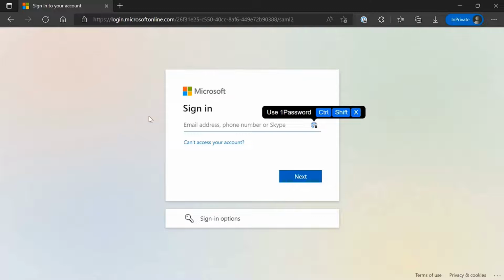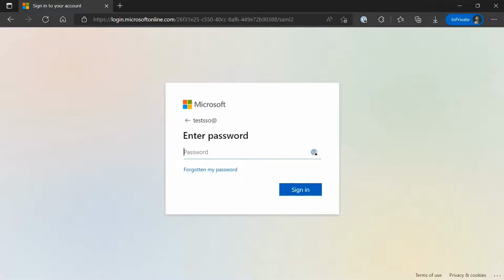We are now in the Microsoft Active Directory login page. Now I can enter my credentials for this domain in Active Directory with the password. And you can see that this is all happening within the Active Directory webpage. Euclid does not know anything about this user or password at this moment. Once we press sign in,